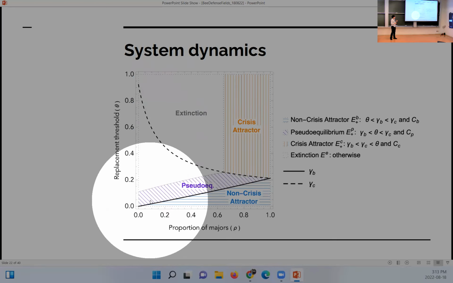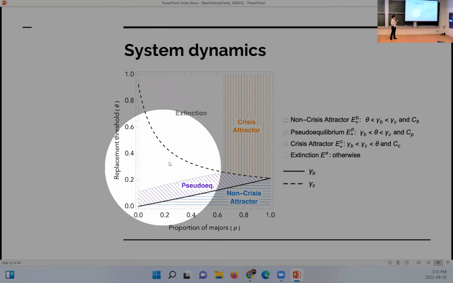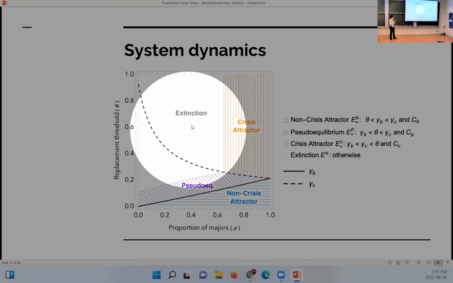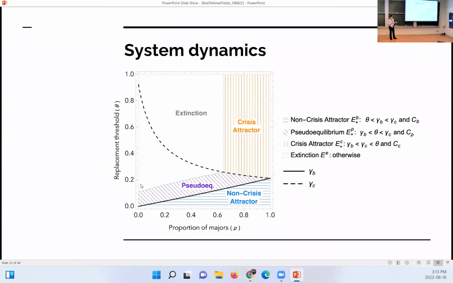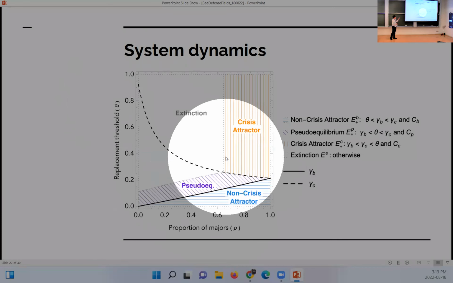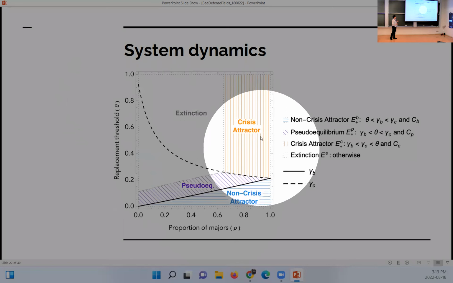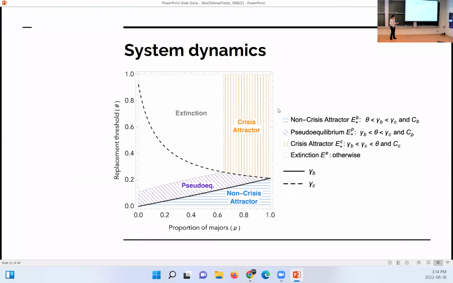And if you have a really high demand for guards, then quickly, this white region means just extinction. So if you ask for too many guards, then your colony may actually not only need replacements, but become extinct, because replacements should be taking care of brood, and if they're not, then the colony may become extinct. So this replacement threshold actually bounds the region where the colony can exist, and also determines when it can exist, but with a constant input of replacement guards, which is not a biologically sustainable situation.